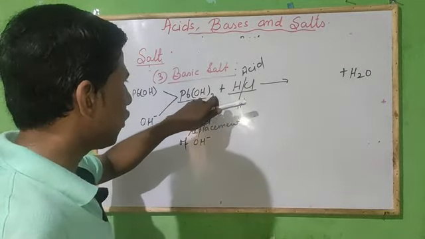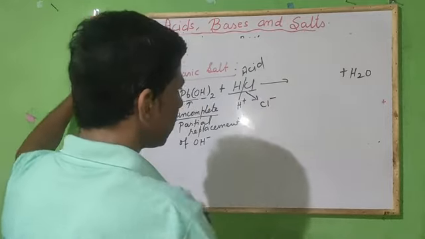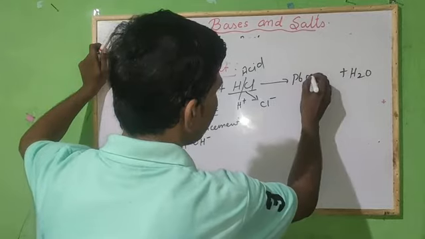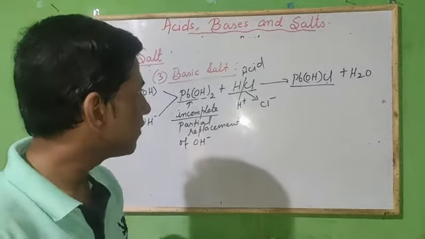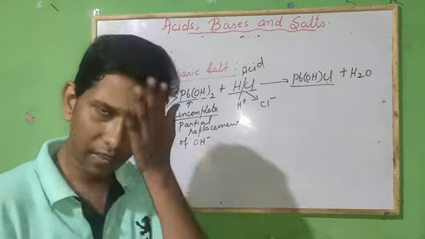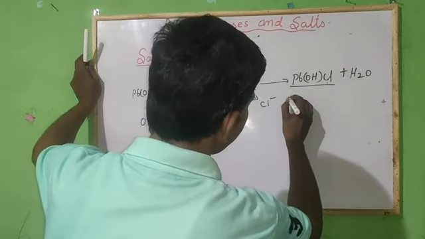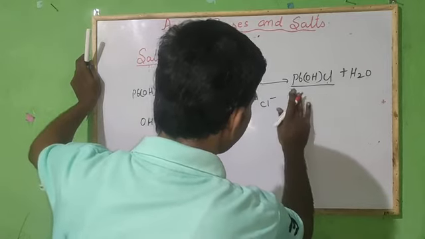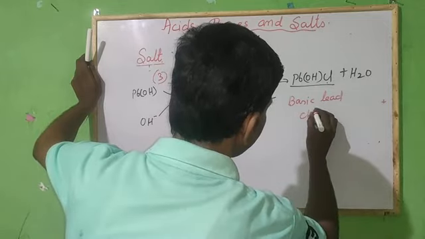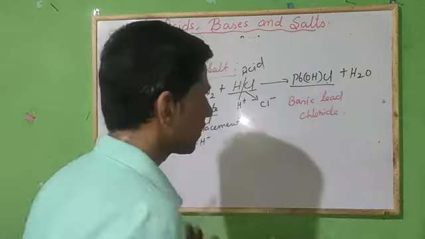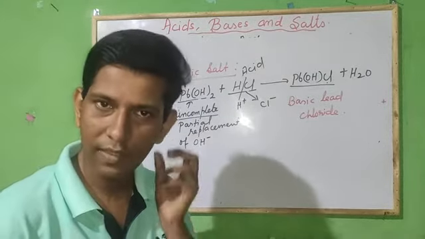Then here is Pb(OH) and here is Cl. So Cl will be in the minus form, anion form. So it will form Pb(OH)Cl. This is also a salt. And in this salt, dear children, you can see that OH is there. OH means what? Basic character. So the salt is a basic salt, and the name of the salt is basic lead chloride. Clear? So this way, with the formula also, you can understand whether the given salt is basic, neutral or acidic.